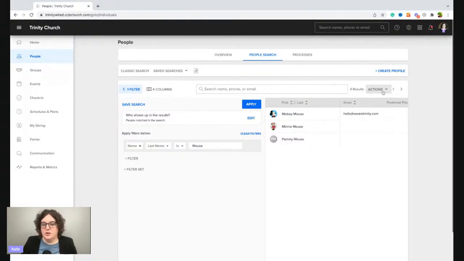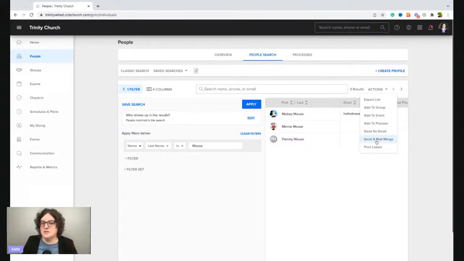From this, you can also go to actions. And you can see here, there's export list and print labels. So that would be an example of how searches and reports overlap. So from a search, you can export. This is a CSV file. You can't change it to an Excel file. I mean, you can when you open it in Excel, but from here you can't. But you can also from here, add to a group, add to event, add to process, send an email, or send a mail merge. So send a mail merge is the mail merges.